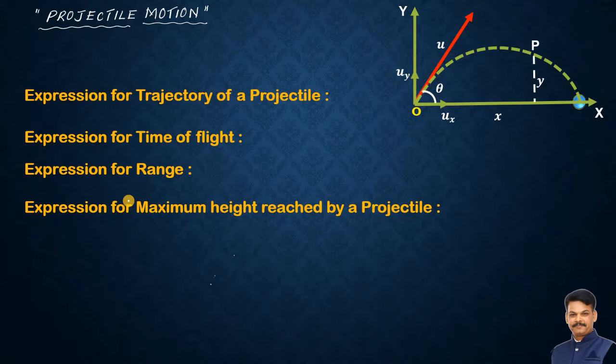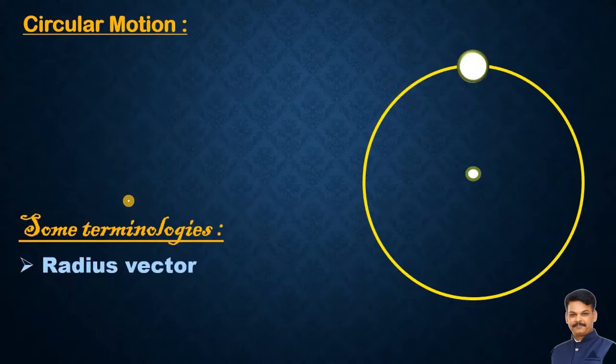Now, in this video, we are going to continue with our next concept, a very important concept of the chapter, that is circular motion. Then, what is circular motion? If any object moves in a circular path around a fixed central point, then we call it the circular motion. For example, observe the screen. Here one object is moving around a fixed point in the circular path, isn't it? So motion of such object is called the circular motion.